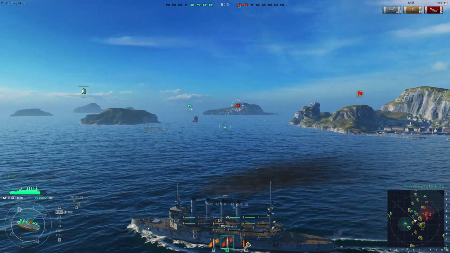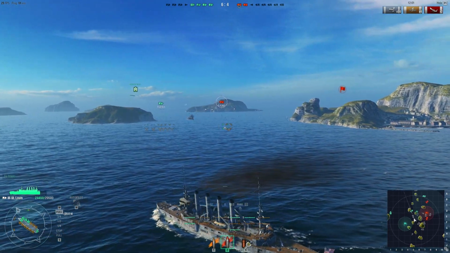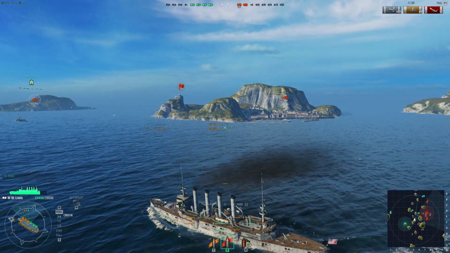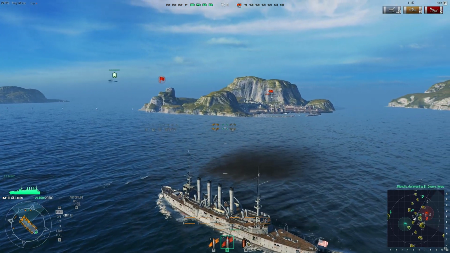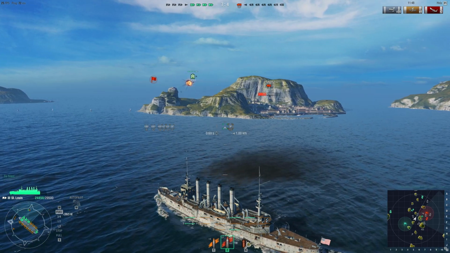Alright. So there's 2 left. Both of them are cruisers. There's 1 there that's almost dead. And then there's 1... Oh, nope. Never mind. There's only 1 left, and he's right there. So odds are I probably won't be able to get to him before...